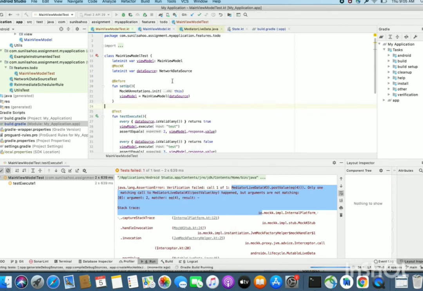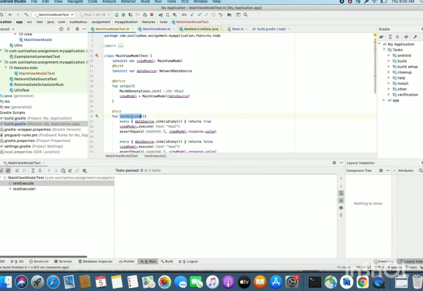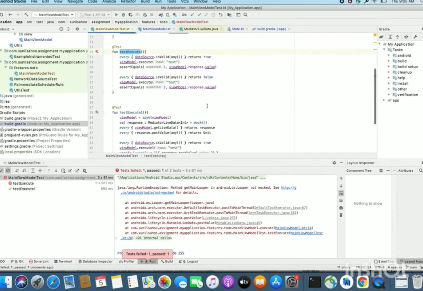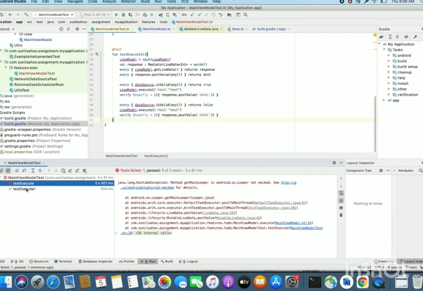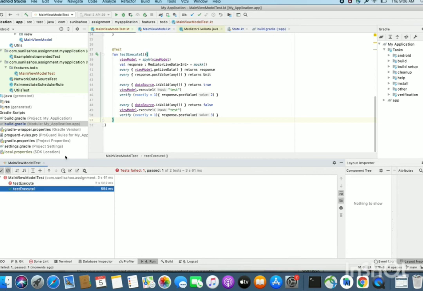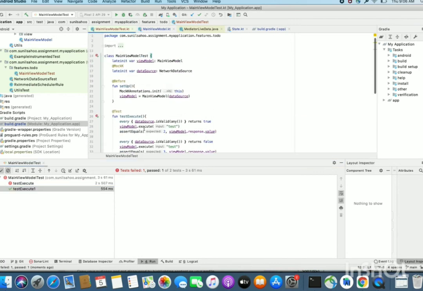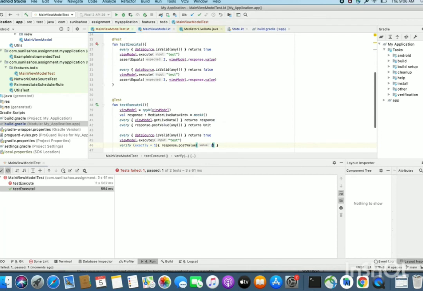In this case, the first method should fail, whereas the second method should get executed successfully. Yeah, the first one failed, the second one succeeded. Similarly, both approaches also work together.